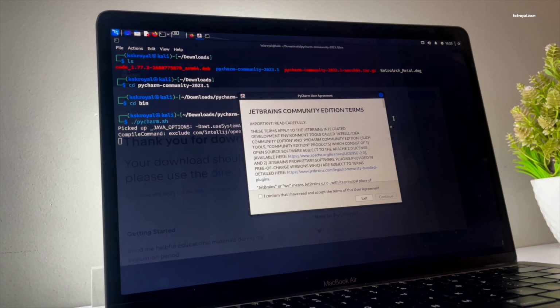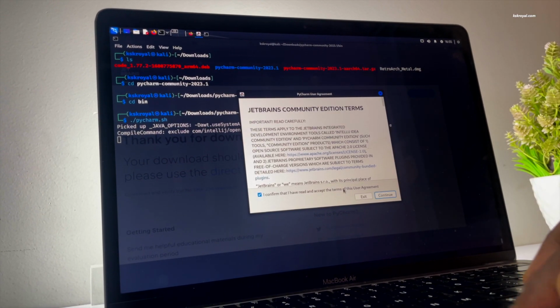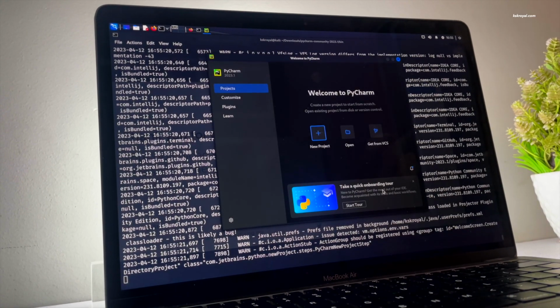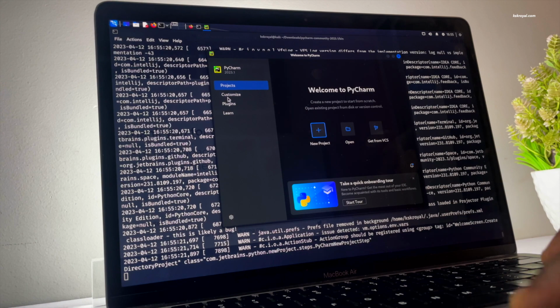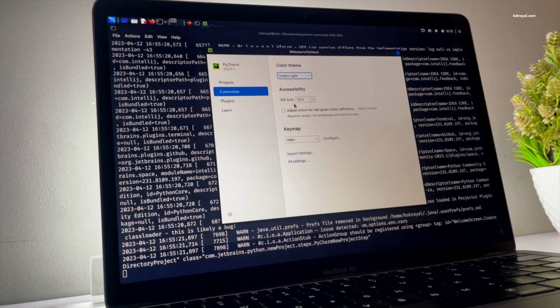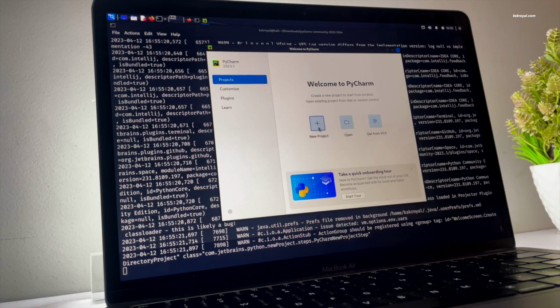This is the official Kali Linux 2023 running on Apple Silicon Mac. In this video, I'm going to show you how to install Kali Linux 2023 on any Apple Silicon Mac using VMware Fusion for free. Now, as you can see, this is my base MacBook Air with an M1 chip running